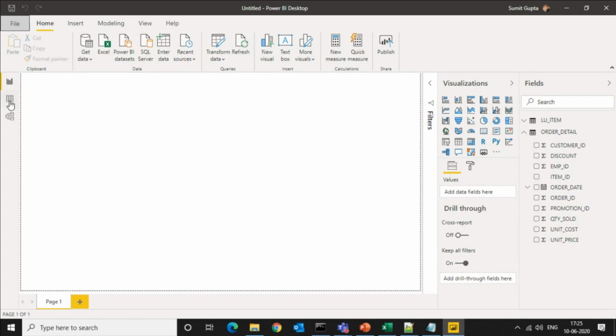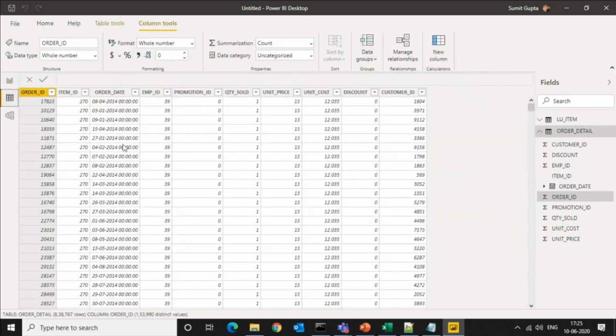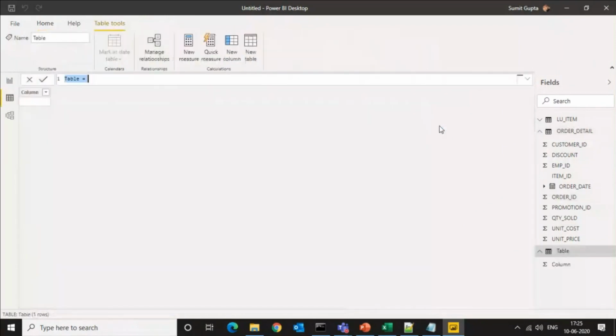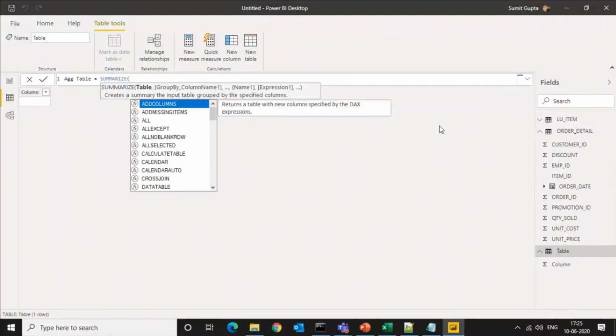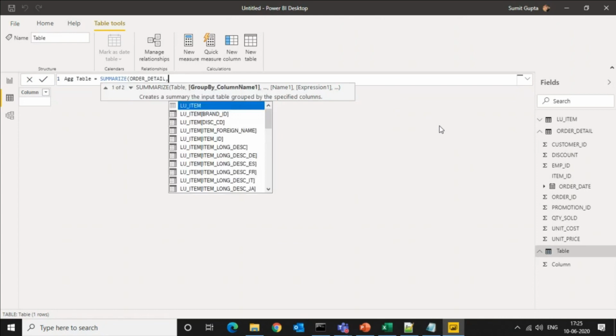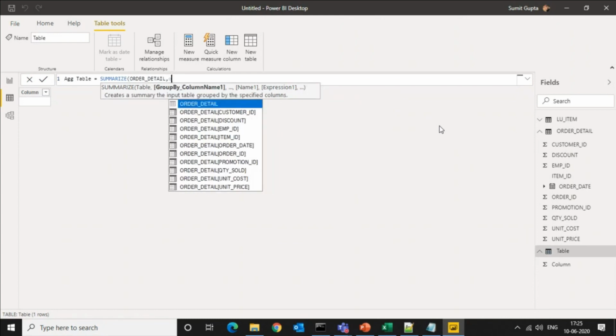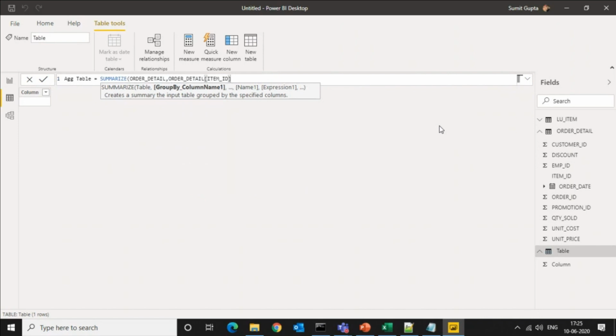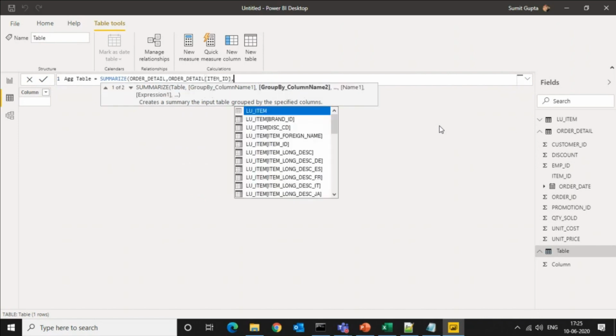So in the second scenario, let me just quickly get into the data view, and I'll go into Home. And in Home, I'm going to say new table, because I want to create an aggregated table. I'm going to call this aggregated table, and I'm going to use the summarize function. I'm sure you guys must be aware of it. So the order details fact table is basically what I want to aggregate. I want to group by the item ID, so it returns me only 360 rows of data, and I want